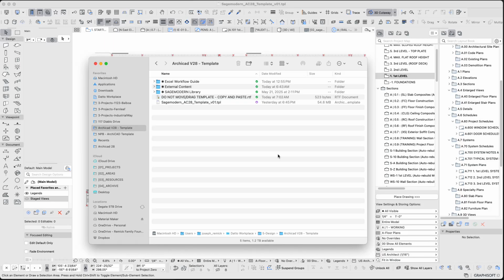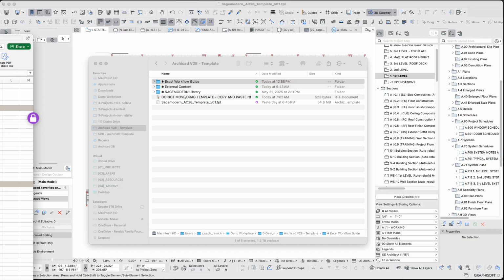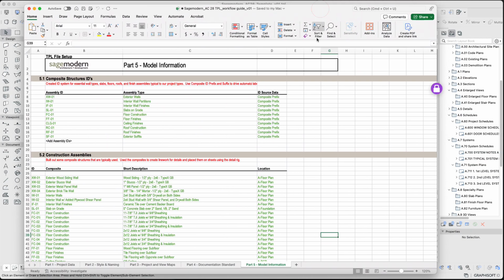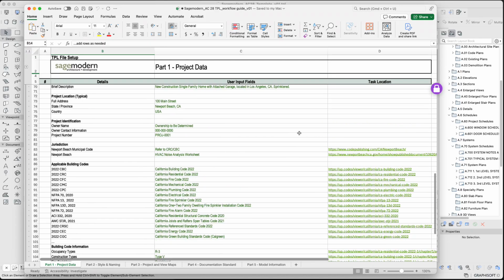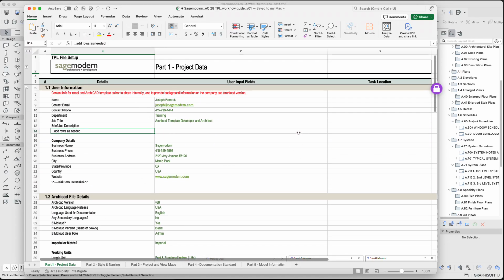In this lesson, I just wanted to go over the Excel workflow guide that I created that accompanies the template. It lives, again, in the ArchiCAD 28 template folder, and it's in this Excel workflow guide folder. I've got it open, so I'll just drag it across. And basically, this is where I documented naming conventions and what I put in the